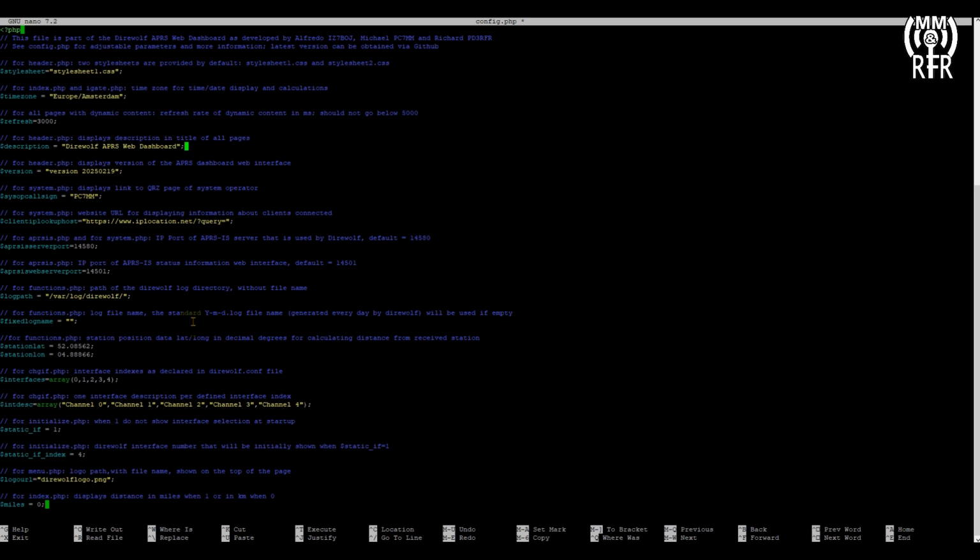So you can change the description if you want to, the version, that's what we supply with it. But if you want to change things, that's possible. Of course, you can change your call sign. This is the link to the website that gives you the information about the IP address of the client that is connected. Now here we have some IP ports. You can just leave that normally. If you have a different log path, you can change it. Your GPS coordinates, you can enter there